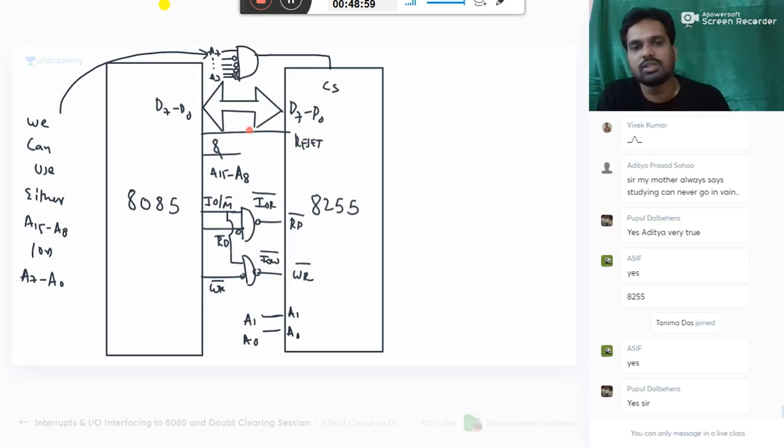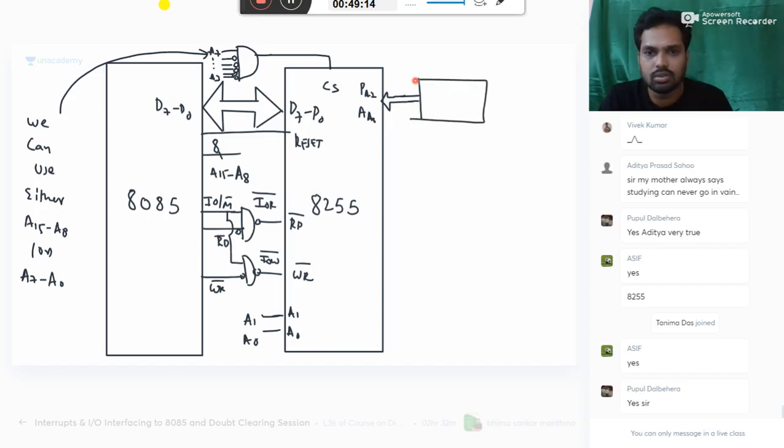Okay, so this is connected. Now port A7 to port A0. Here I connect the digital data. What is that? Analog to digital converter. It can be any A to D converter we have discussed. D7 to D0. This can be coming from nature, like a temperature sensor,